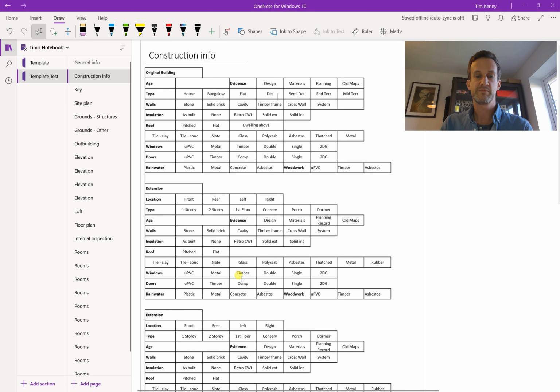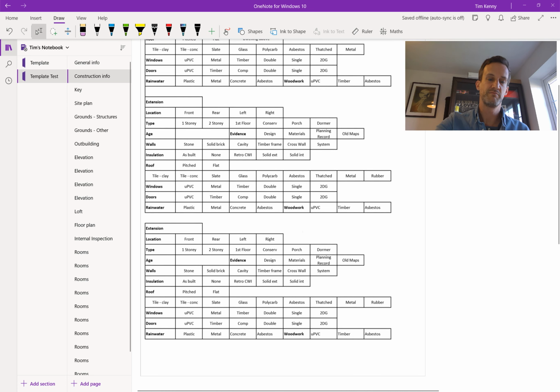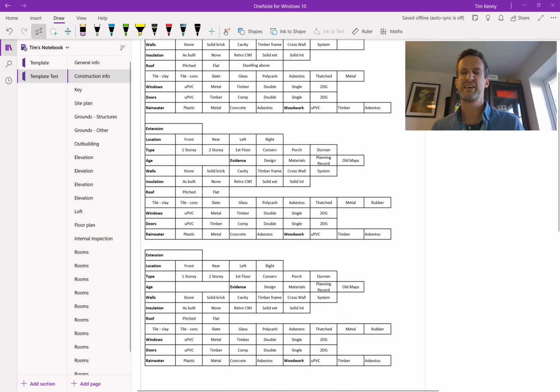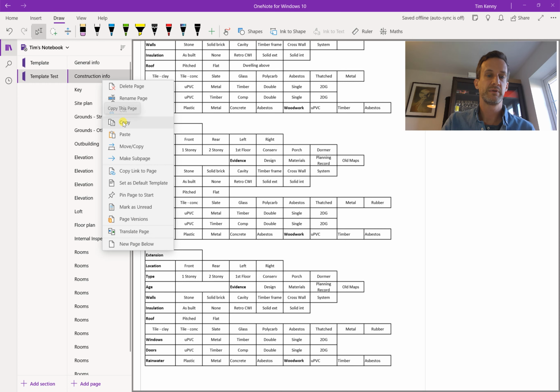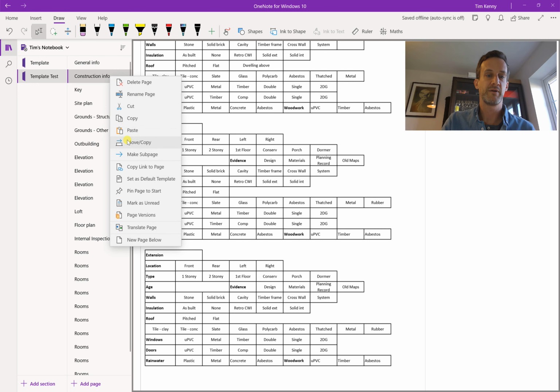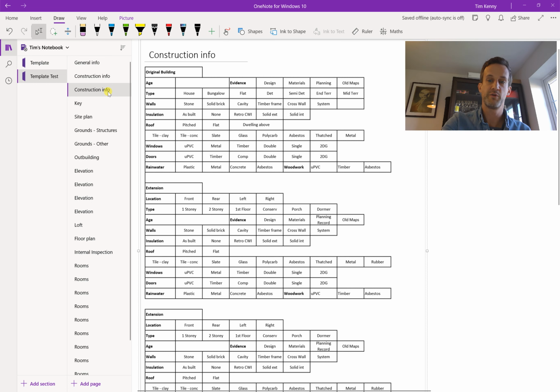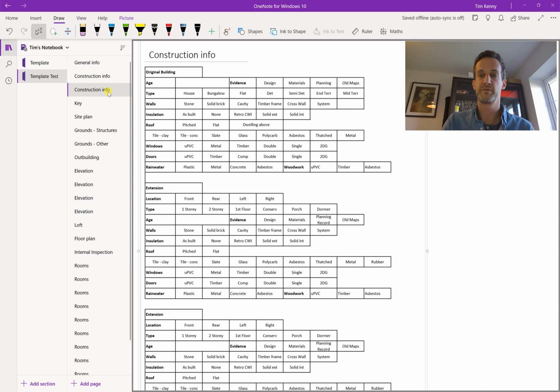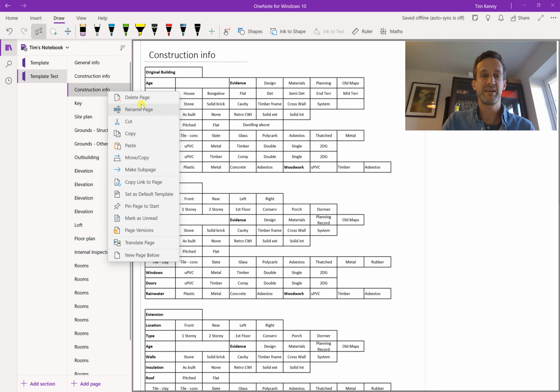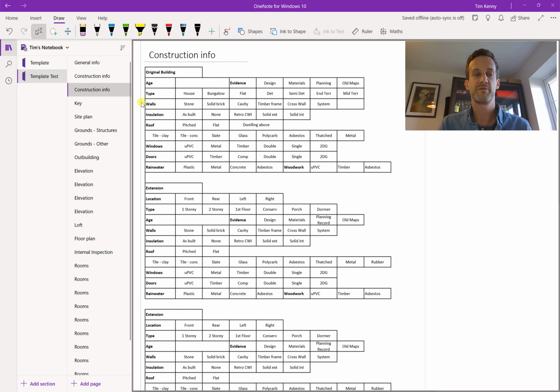And again, same thing on any extensions. I've got this set up for two extensions. Generally, you don't get that many, but if there were, I could just copy this page here, and I could insert another one here. So I've suddenly got two construction info pages, and I could put in as many extensions as I want. So you can really adjust it to how the property works, how the